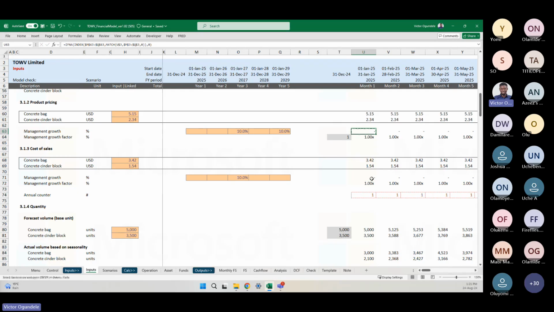I'm not saying you should copy the cell. Click inside this formula as if you want to edit it, then highlight the entire formula, copy it, come back to our cost of sales management growth and paste it. Now, if you click inside the formula, currently it's referring to product pricing. So just use your cursor to move the formula from our product pricing management growth to the cost of sales, press enter, and you can copy that across